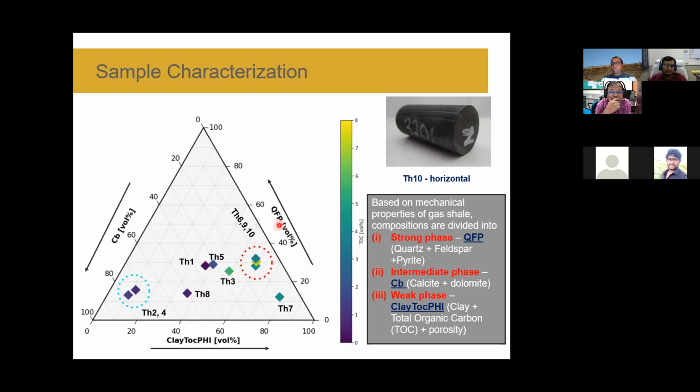As well as porosity, which you can measure separately by another method, we basically club these together into three components here: the strong phase, based on mechanical response, as quartz, feldspar, and pyrite. The intermediate phase is a combination of calcite and dolomite in these samples, and the weak phase we consider as clay, total organic richness, because shale has a lot of organic material which contributes to the hydrocarbon, as well as porosity. And we normally try to cover a broad range of samples